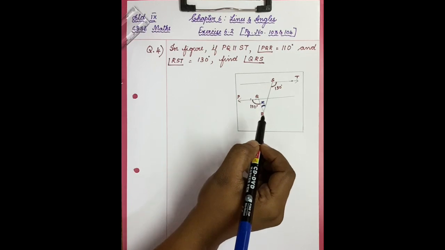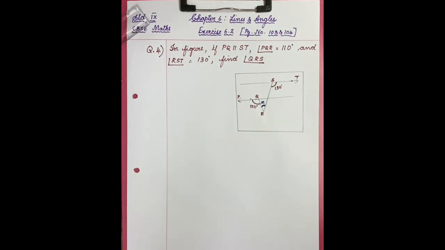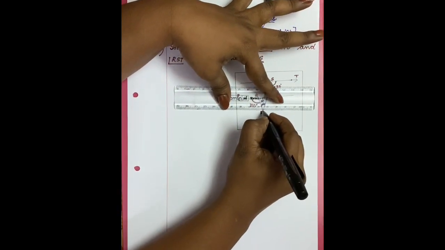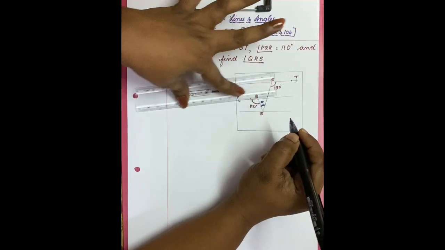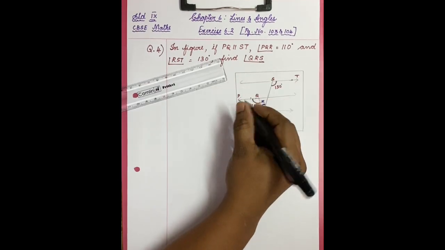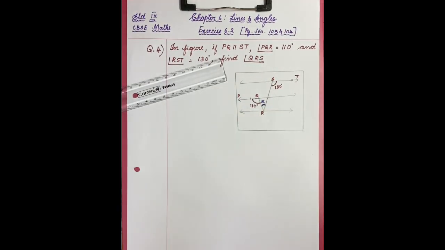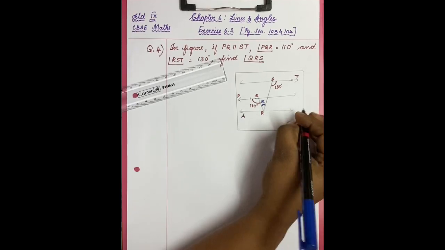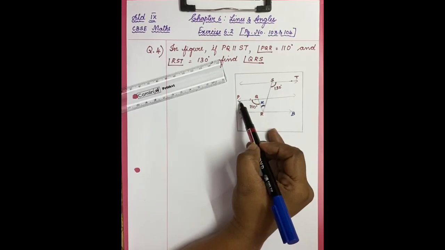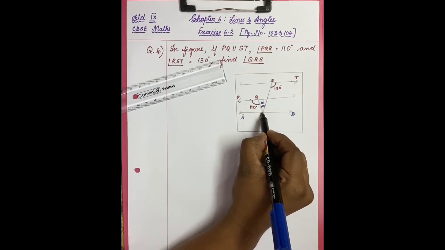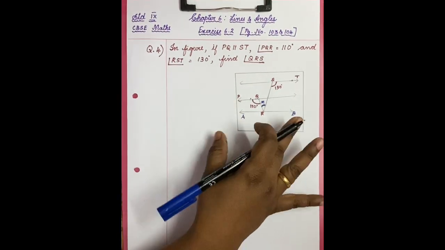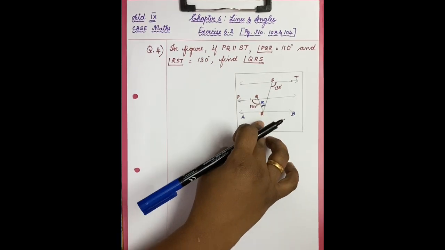This is actually a very important problem, because here you are going to introduce a construction. There is always a way to do this: you can always draw a third parallel line. So I am drawing another parallel line to PQ and ST. Maybe I will call this parallel line AB, drawn parallel to ST and PQ, and it passes through the point R. This is very important. In a numerical problem itself, we are doing a construction.